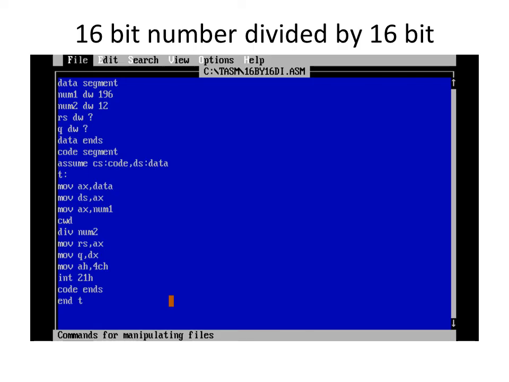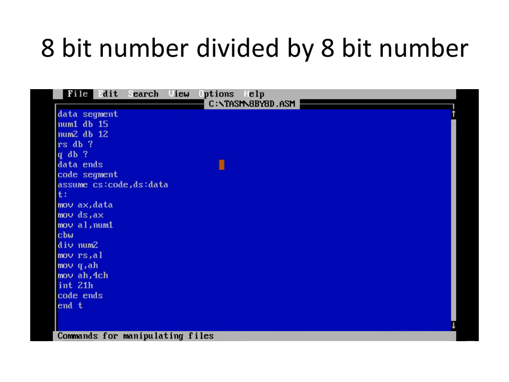Hello, and now we'll see the example of 8-bit by 8-bit division by using CBW. We are converting AL register content into AX register.